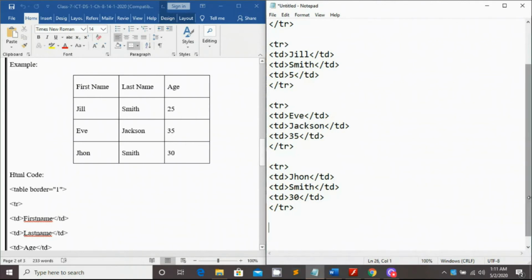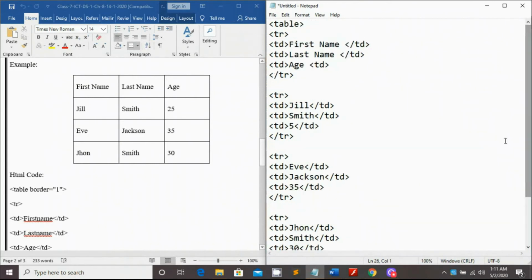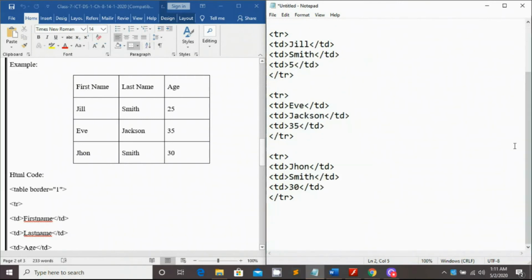As I said before, if you want to start any tag, you have to close the tag as well. Now look, we started the table tag in the first line, but we didn't end this table. So after writing everything in the middle of the table, you have to close this one. We'll always close it at the last line.